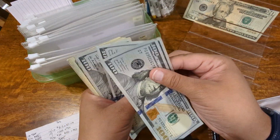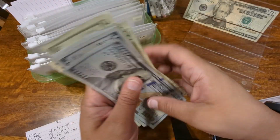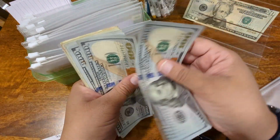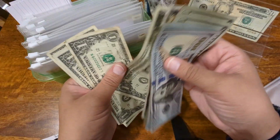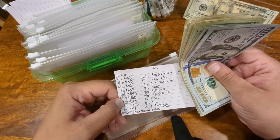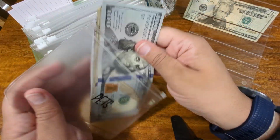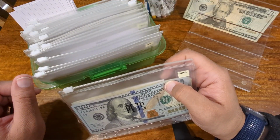But we have 100, 200, 300, 400, 420, 440, 460, 475, 480, 481, 482, 483, 484. $484. Let me count that just again. 484. I don't know if that's, well, actually, let's take a look. That looks like the highest that we've ever had at one time in this envelope. So go figure on that. That is a nice sign. I mean, even if we are going to be reducing it down by, I think, $150 or so